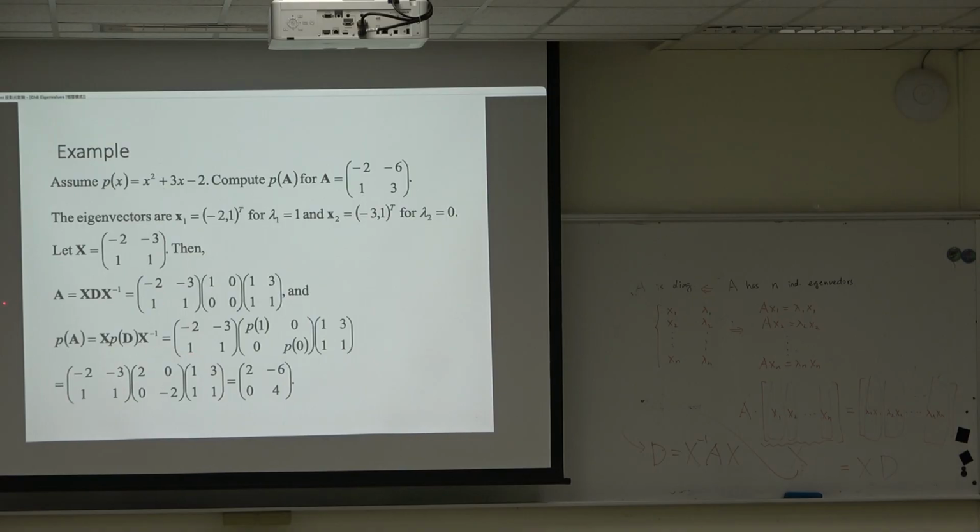But anyway, once you represent A equal to this, then P of A is going to be X times P of D times X inverse. P of D is like that, so the result is like that. But honestly, I think there's some computation error here. I suggest you do it by yourself, just as a practice, because I think this is wrong. Because you see, X is this one, X inverse